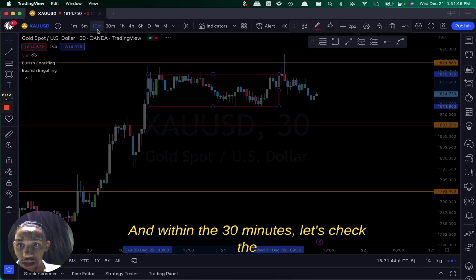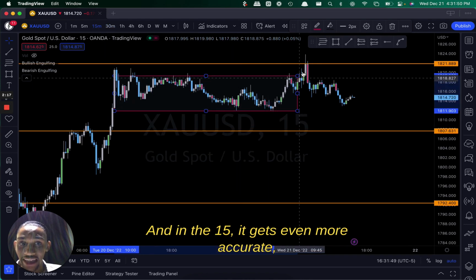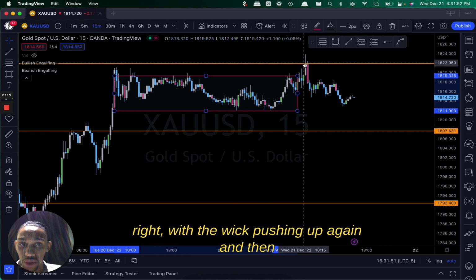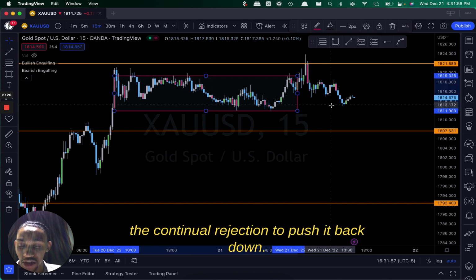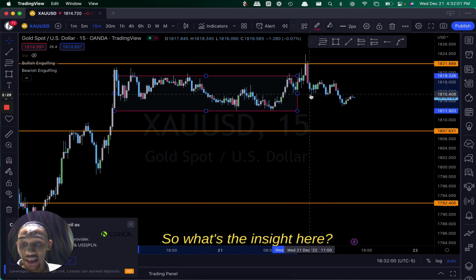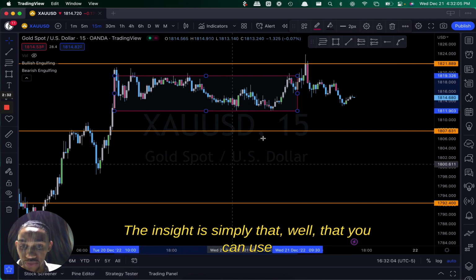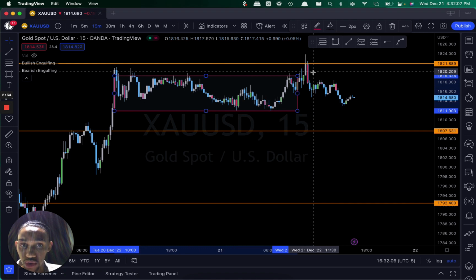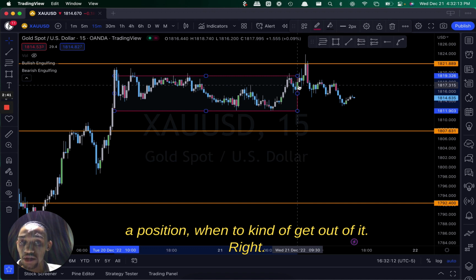And within the 30-minute, let's check the 15 and so on, how that looks. Yep. And in the 15, it gets even more accurate, right? With the wick pushing up again, and then the body being down here, as well as then the continual rejection to push it back down. So what's the insight here? The insight is simply that you can use these previous resistances to know when to move on from a position,